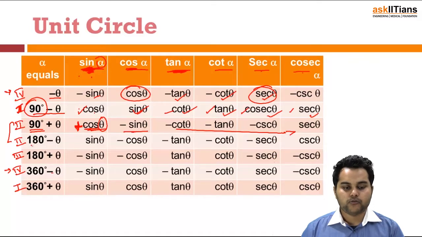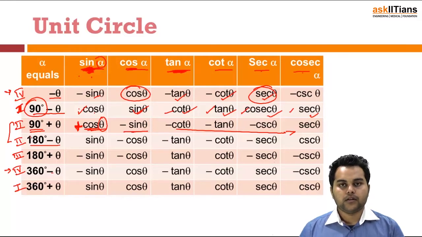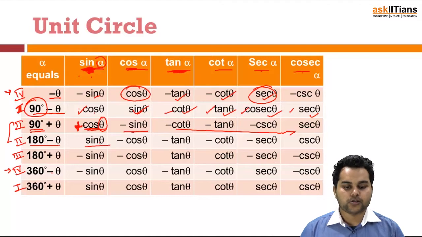And in the case of 180 minus theta, which is termed pi minus theta, it's a multiple of pi plus or minus theta, so there would be no change in the trigonometric ratio. Sine of 180 minus theta is sine theta because it's already positive in the second quadrant. Cos of 180 minus theta is minus cos theta, so no trigonometric ratio change but a sign change, and so on.